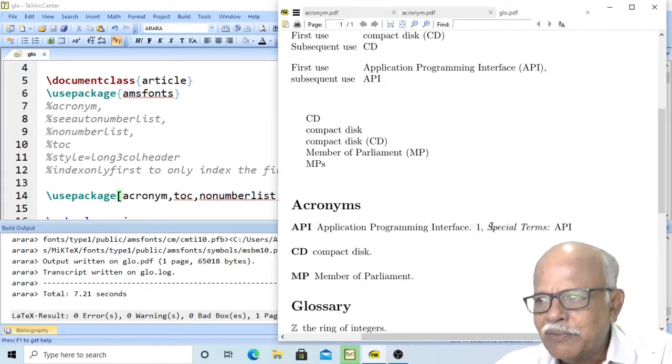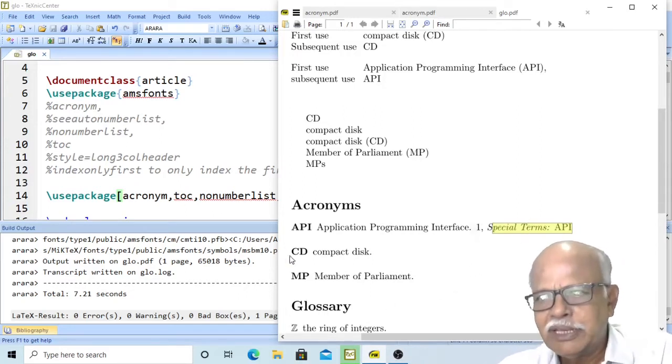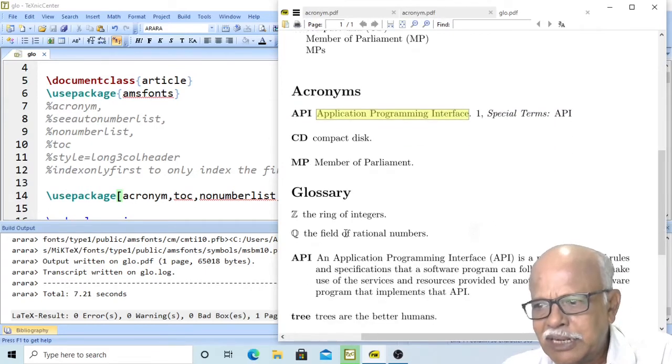Now we have got the link here. Special terms, you refer to the special terms. Actually, this should be special terms. We can change it to API. Here you have minimal expansion, and here we give the complete description of API.